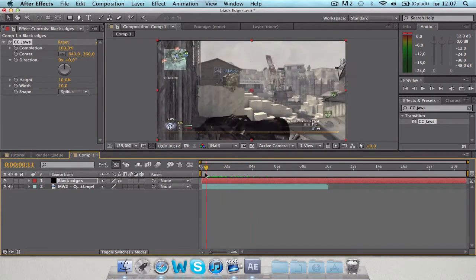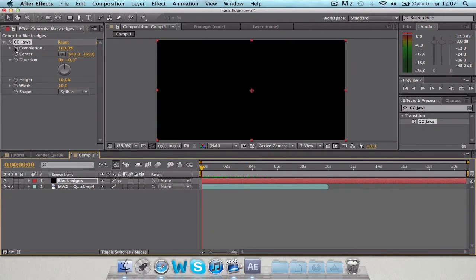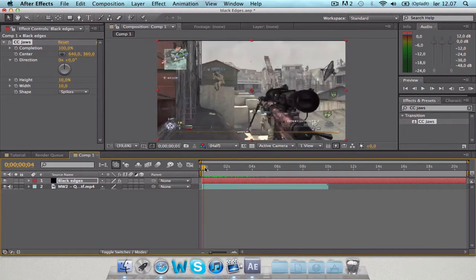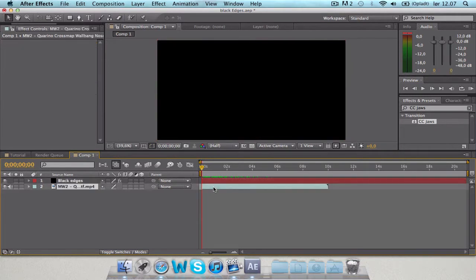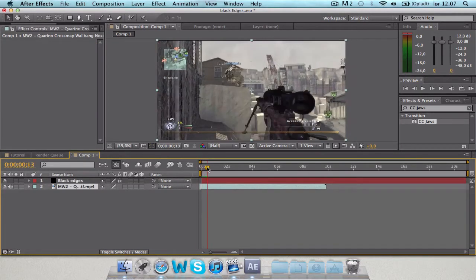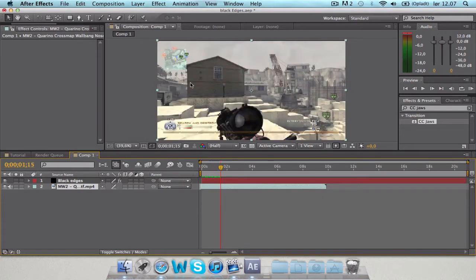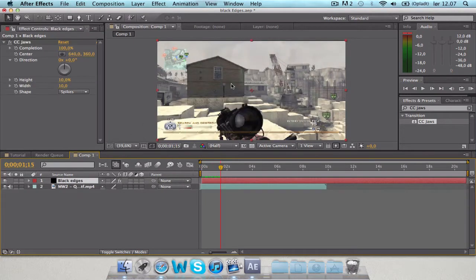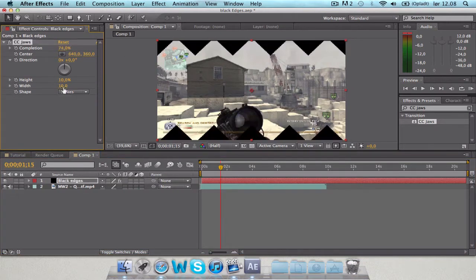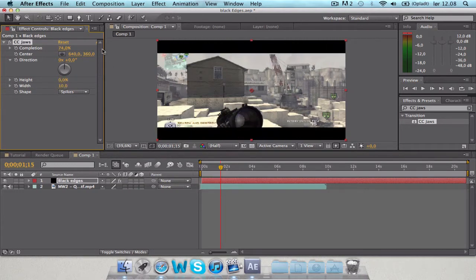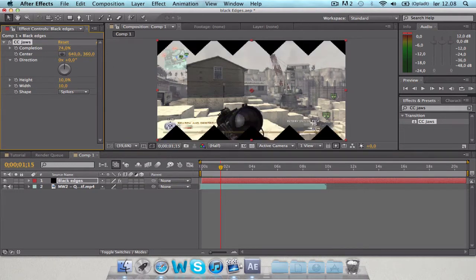So we can keyframe just like that. We want black edges that looks the best all the time, but just a little bit under. So we will set it to 64. Then we will take the height and set to 0, so it doesn't have those ugly things there.